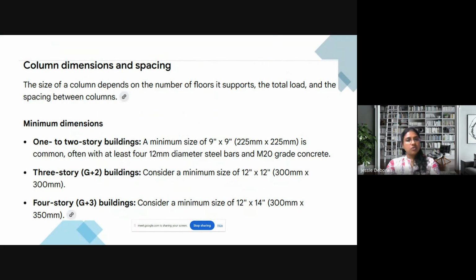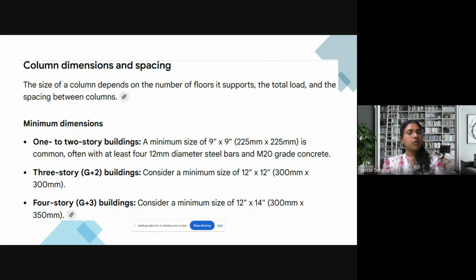Now when it comes to column dimensions and spacing, the size of the column always depends on the number of floors it is going to support. Second, the total load that is going to act, and the space between each column. Because this is a normal house, you can provide columns in between.